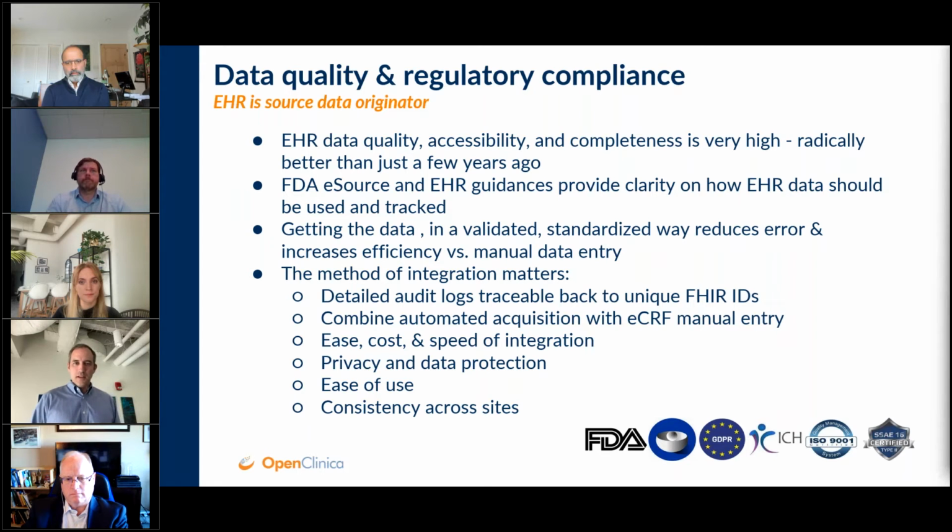We've already touched on ease, cost, and speed of integration and how crucial that is. Study startup in any study is a time-consuming thing. It takes a lot of investment, and folding integrations into existing procedures of onboarding sites, and then for sites that already have an integration in place, being able to reuse those across studies are really key to success and scale. Talked a little bit about privacy and data protection, and I think we'll get into that a little more later. And if you want to go to the next slide,